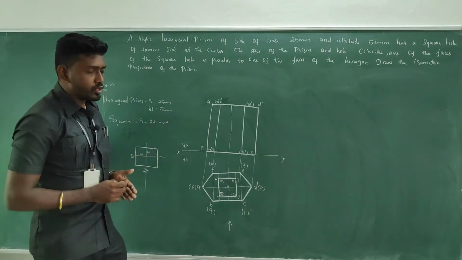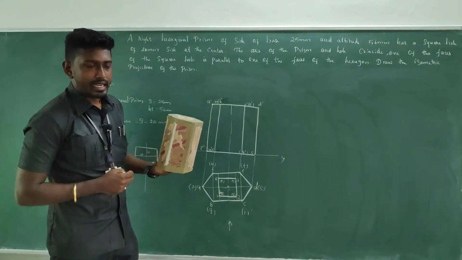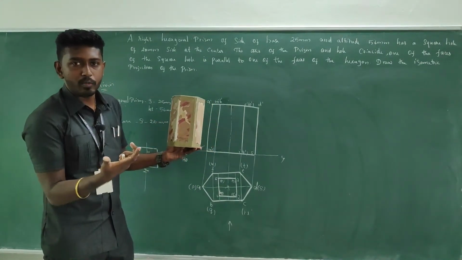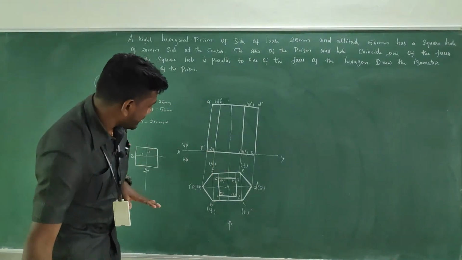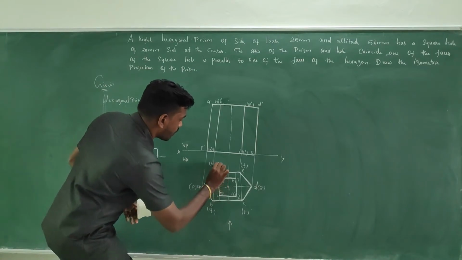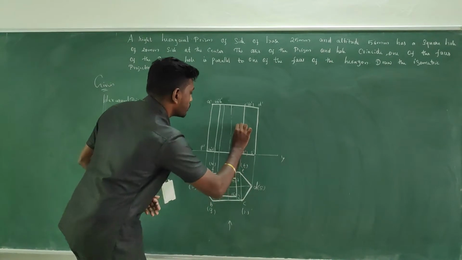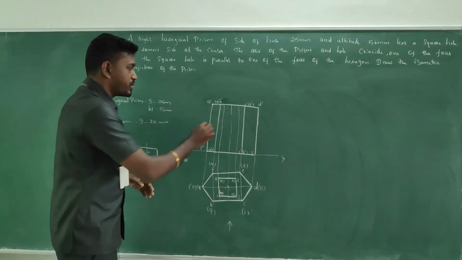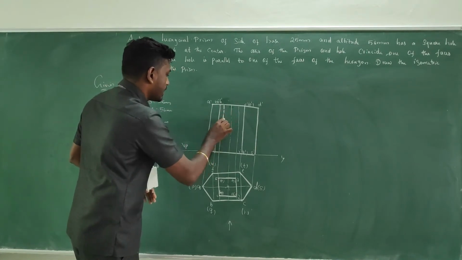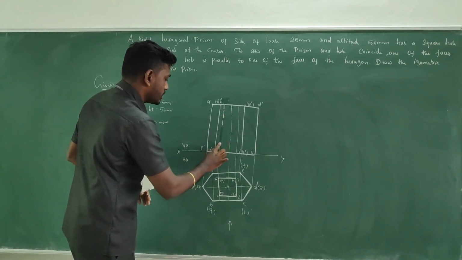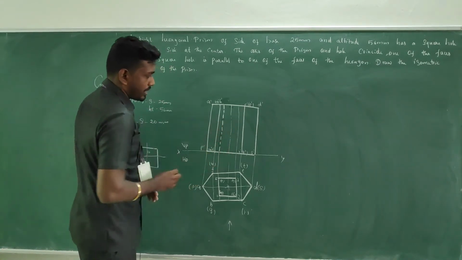Okay, what happens to the front view? If you drill a hole at the center, definitely in the front view it may not be visible to you, but it is present. You need to specify it, right? So for that, take the projector from the top view. So the trace will be like this, but it needs to be specified as a dashed line. It should be a dashed line.